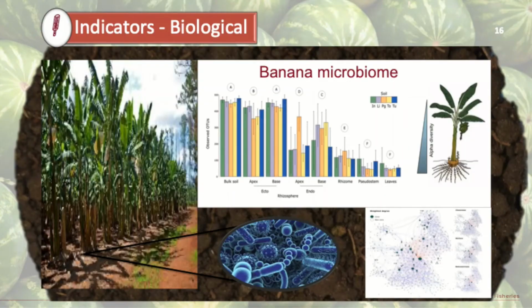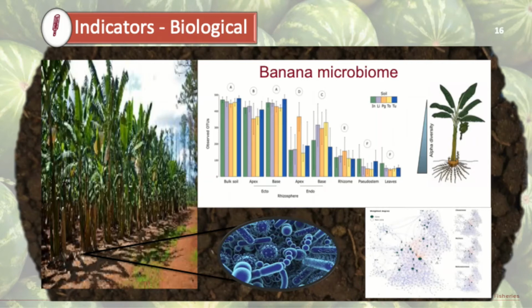Let me give you an example of how we are using the latest molecular techniques in the banana industry. Bananas, like all plants and animals, have a microbiome. That is, a unique set of organisms that exist in and around the plant. We have used next-generation sequencing to look at the organisms present in the different parts of a banana plant and in different soils. What this has found is that there is greater diversity in the soil and around the roots,